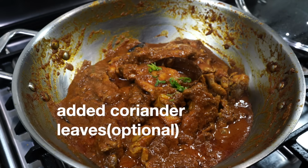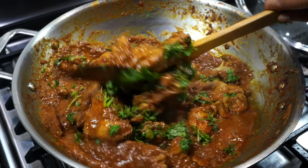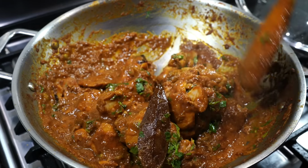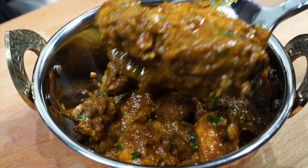This goes best with Basanti Pulao, that is Bengali style yellow pulao, or it also tastes great with poori or paratha and also naan. Please check out the recipe for Basanti Pulao that is coming up next, and I will